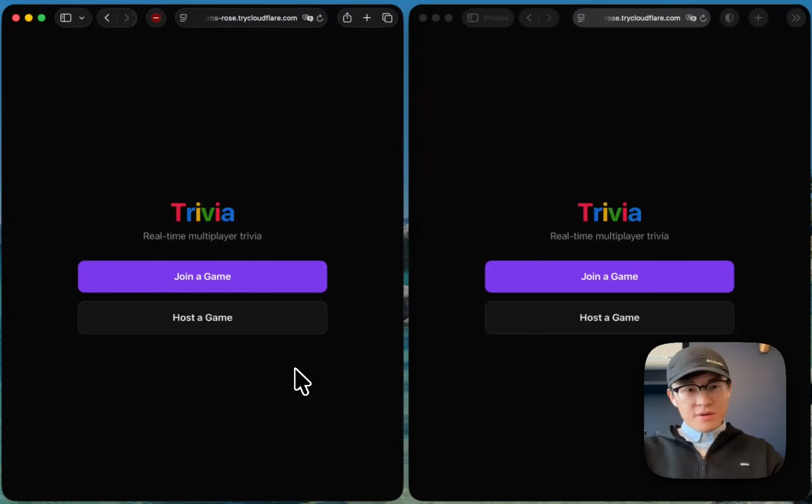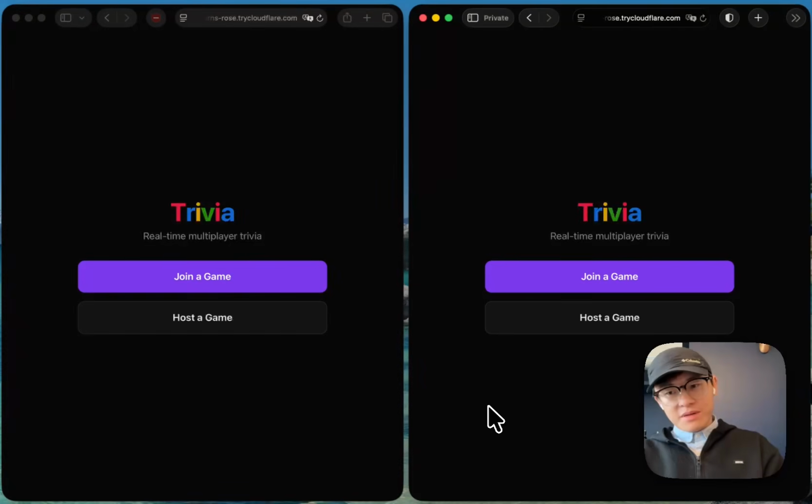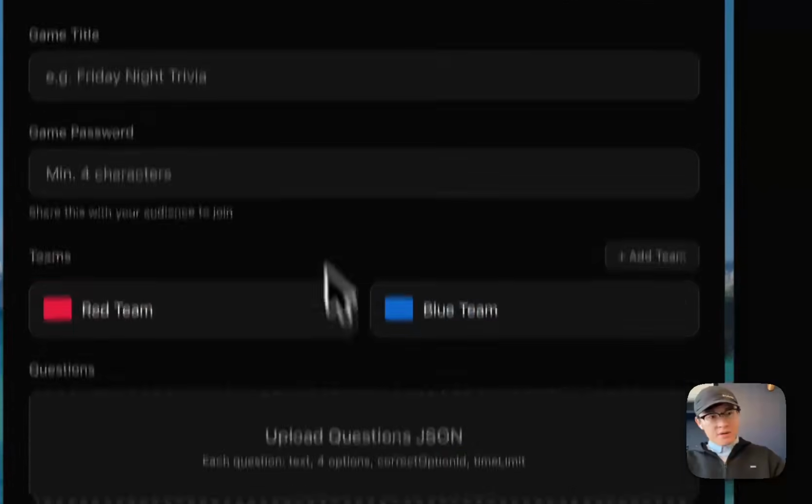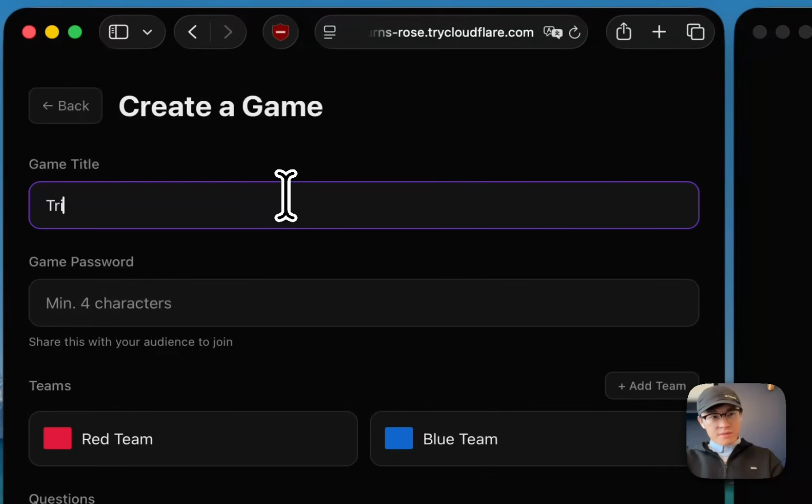This is a demo of the vibe-coded trivia app. Here we have two screens. One will be the host and one will be a player. And I also have the game on a mobile device to represent another player. As the host, you can create a game,